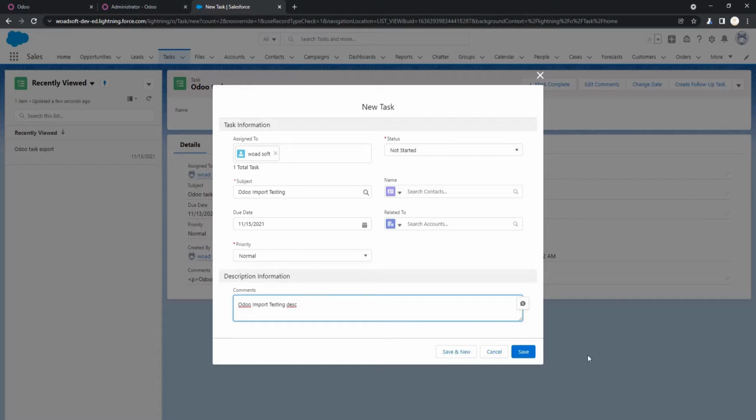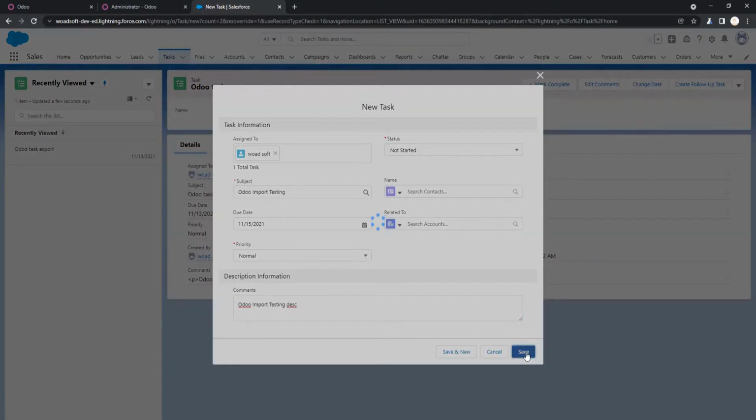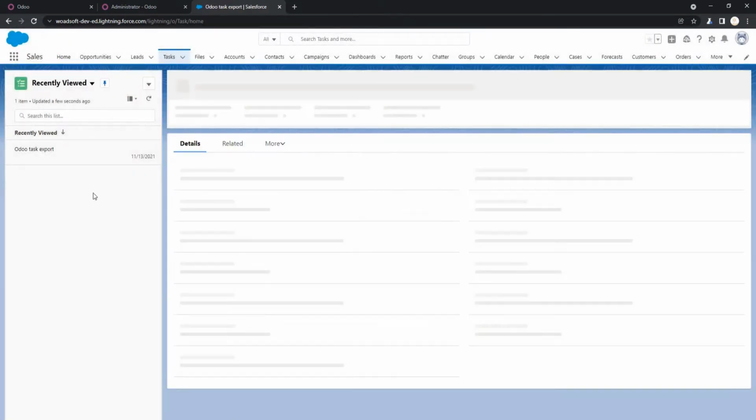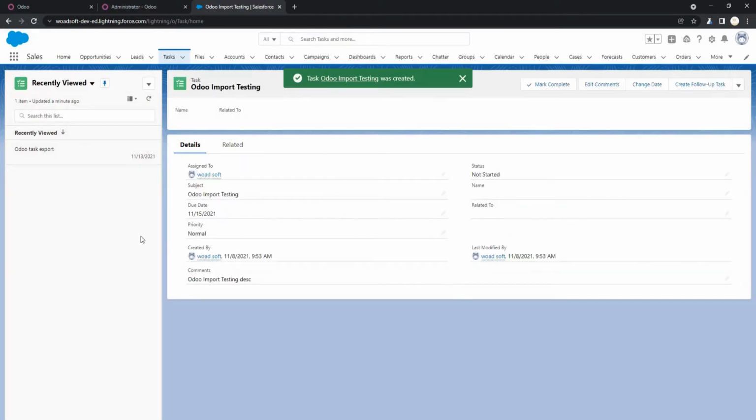Okay, so I just click the save button. So the task is created successfully.